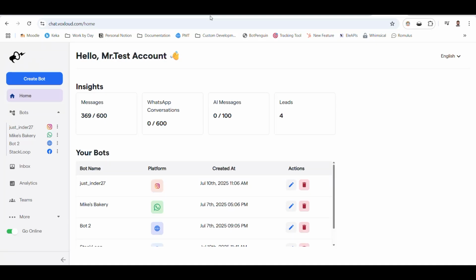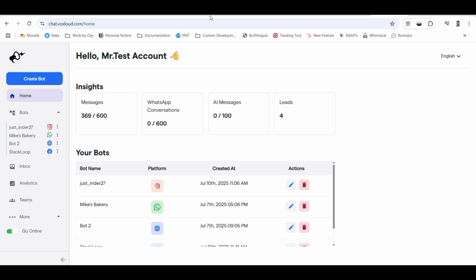Demonstrating how the Google OAuth will be working on the Voxcloud application. We require Google OAuth because Voxcloud offers integrations to many different Google applications such as Google Calendar, Sheets, Tasks, Contacts, etc. And in order to utilize them with the chatbots created on Voxcloud, we require that Google OAuth be part